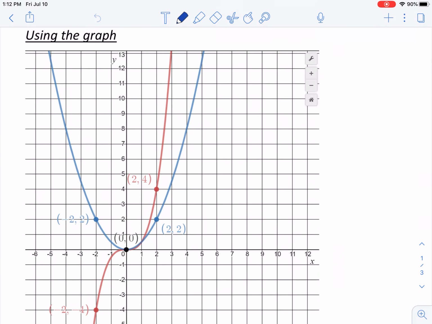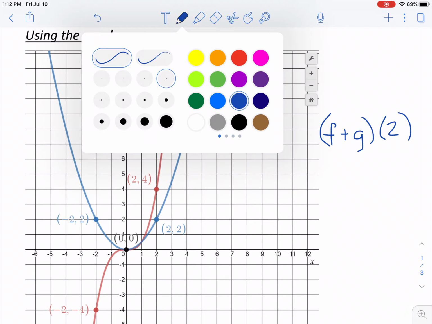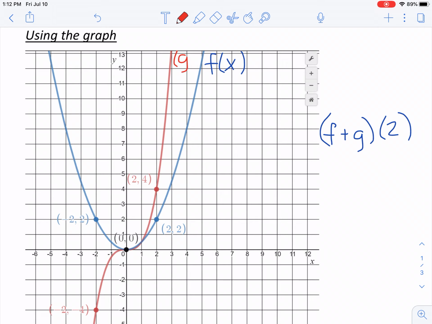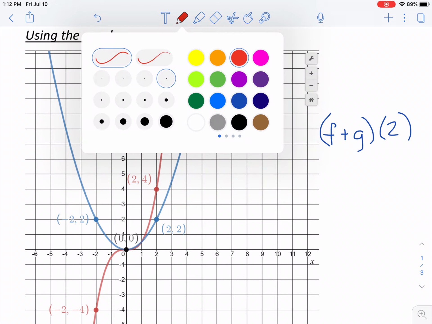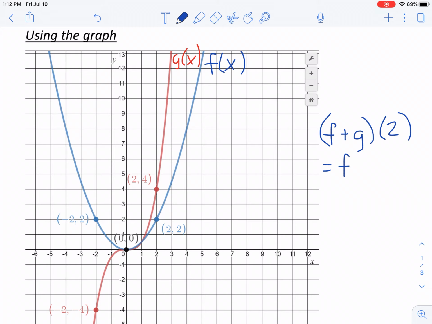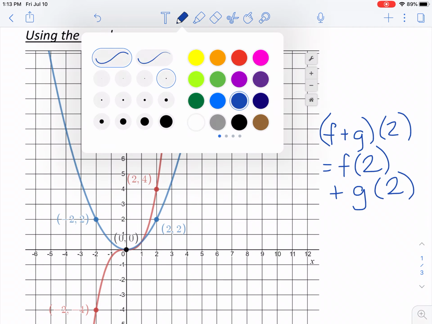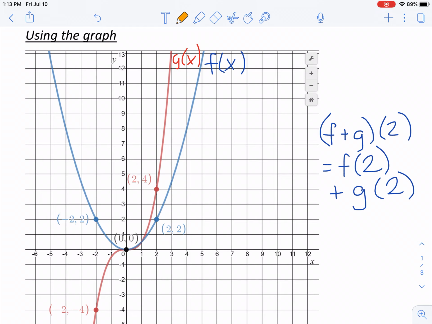If I asked you to find f plus g at 2, if this is f at x and this is g at x, what they want you to do there is just to find f at 2, so the y value at x equals 2, and add it to the g value at x equals 2. So let's go over to our graph, to an x value of 2,